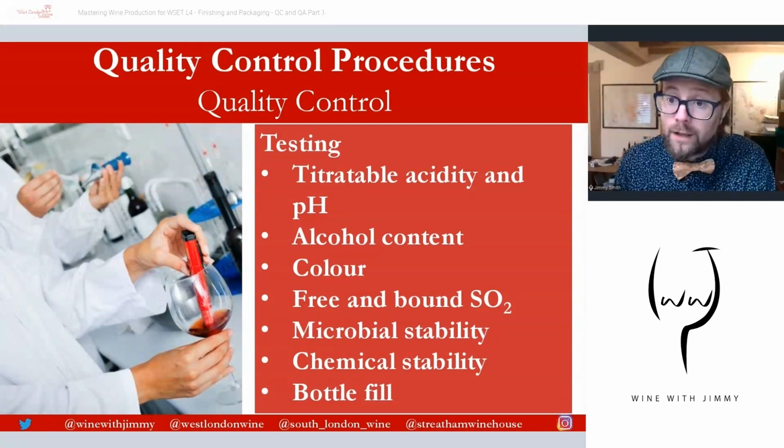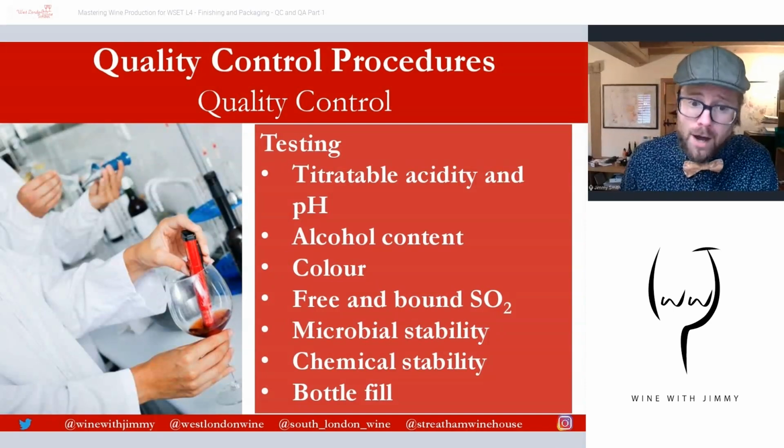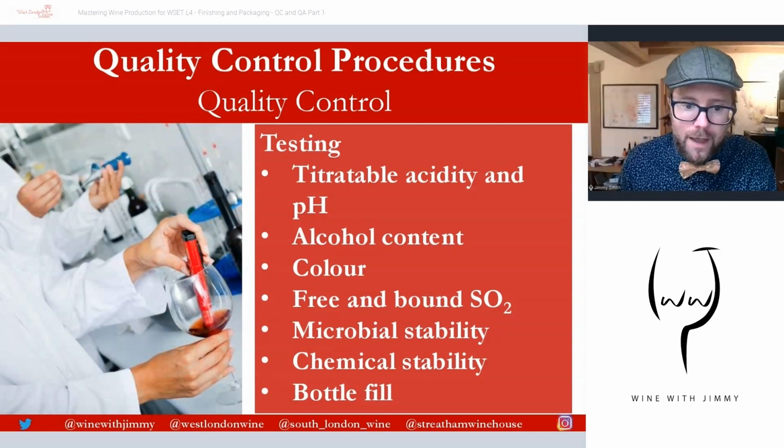Color, and of course that's more in terms of the aesthetic because people expect certain appearances. Free and total sulfur dioxide, and that's because once again there are legal requirements around maximum amounts permitted of sulfur, but also around what is needed for long-term stability as that wine goes to market. Microbial stability to ensure that there are no yeasts or bacteria which would bring about a very serious instability. Chemical stability to ensure that there is no risk of unwanted deposits or things like protein haze forming in the wine, and then bottle fill to make sure that each bottle has the right amount of